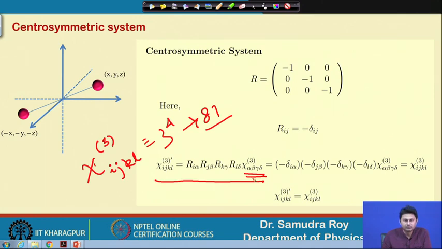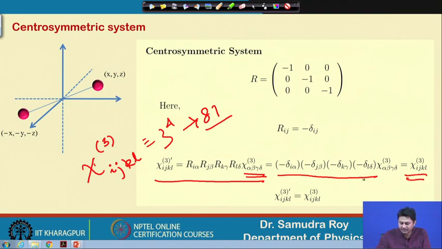This will be summed over, and exactly in the previous way, we can do the same treatment here. Then R_iα, R_jβ and R_kγ, I just replace with this matrix form, which is minus 1, minus 1, minus 1 and minus 1 in all the cases. So, there will be 4 times minus 1,